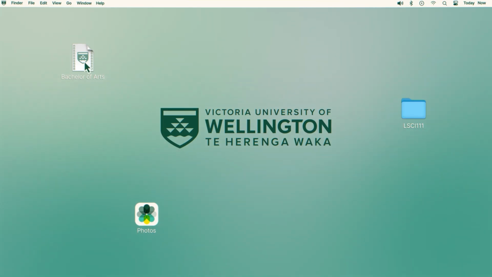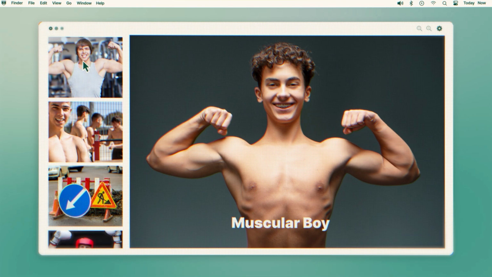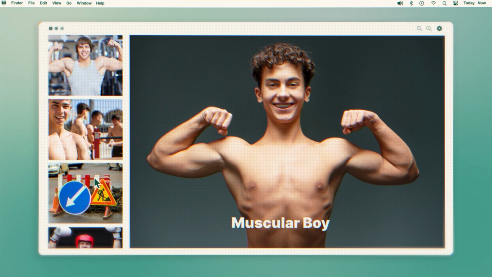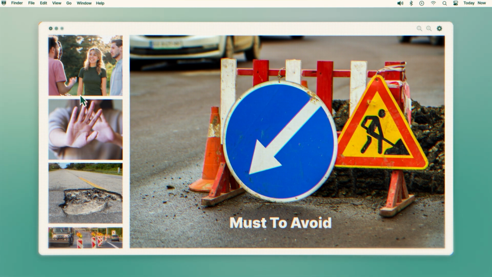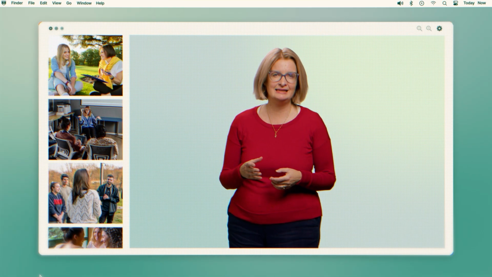Whoa, he's a must to avoid, don't you think? What did I just say? Muscular boy or must to avoid? Hard to know? Although understanding speech seems effortless much of the time, both speaking and listening are actually incredibly complex